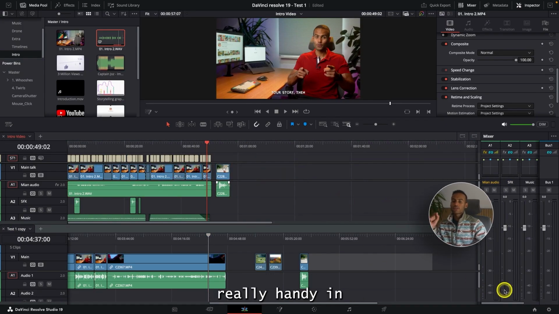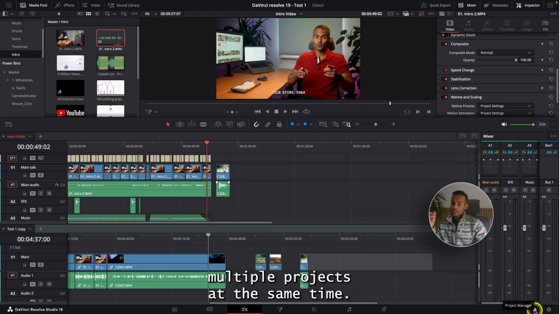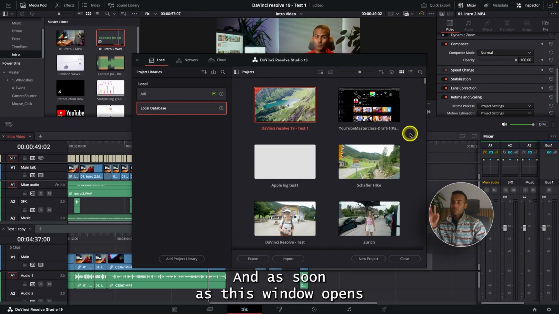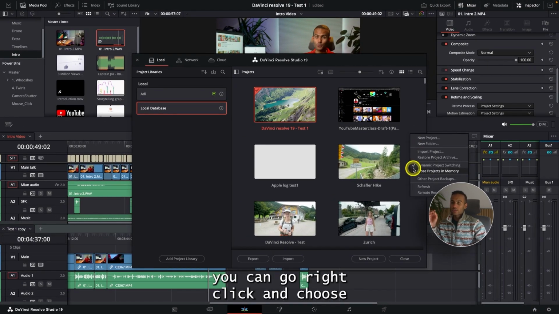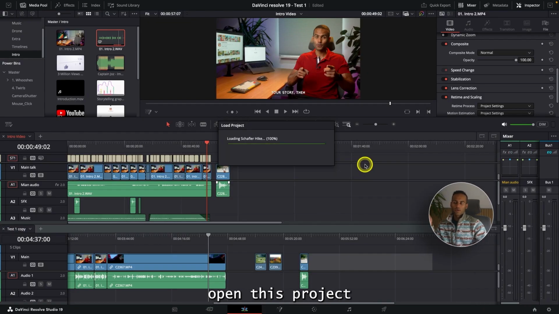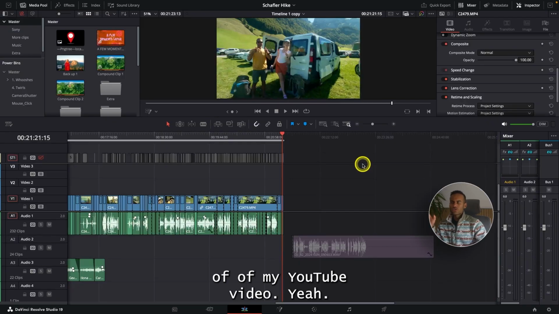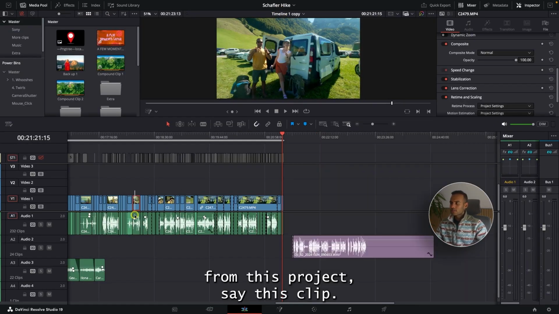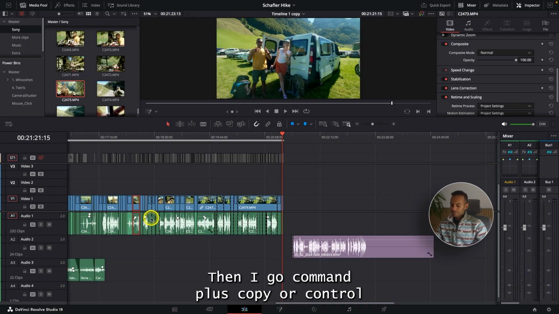And what is also really handy in DaVinci Resolve is to open multiple projects at the same time. So here in the right hand corner, we would go to Project Manager. And as soon as this window opens, you can right click and choose Dynamic Project Switching. So what it does is that if I open this project of my YouTube video, and I want a clip from this project, say this clip, then I go Command plus copy or Control plus copy,